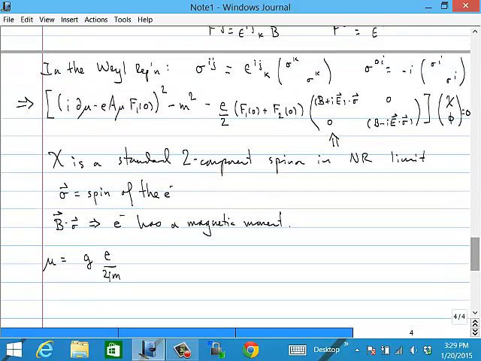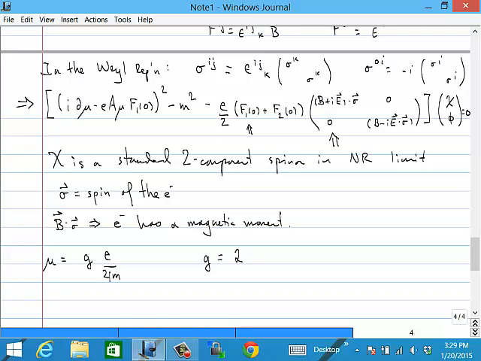And if you just set F2 of 0 equal to 0, then g would be precisely equal to 2. If, for example, I interpret F1 of 0 as just being incorporated into the electric charge,